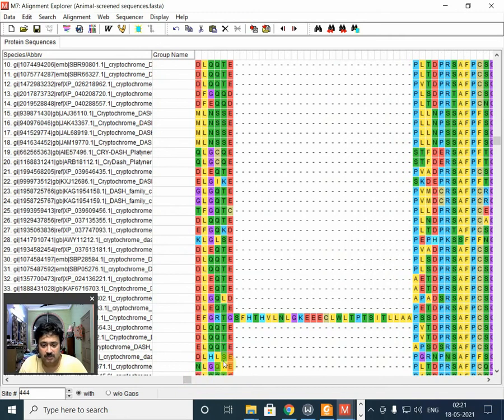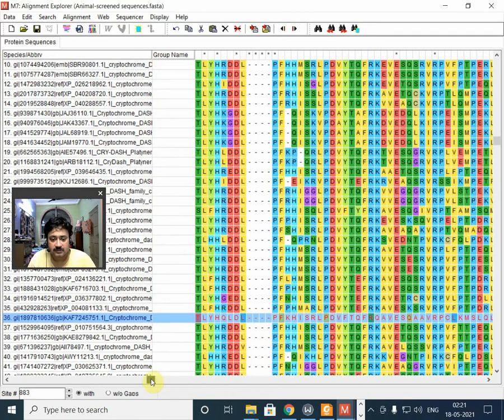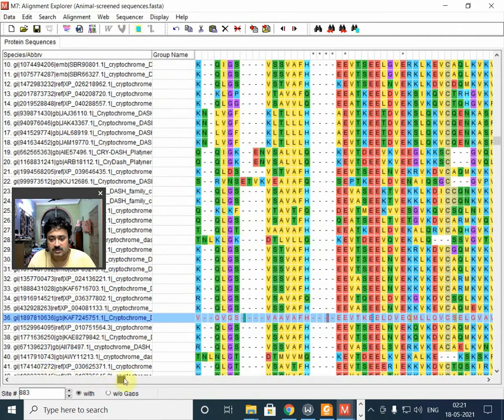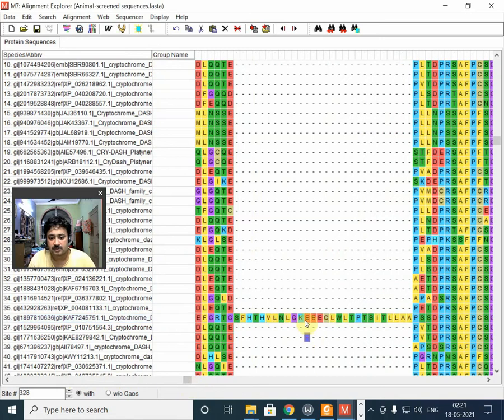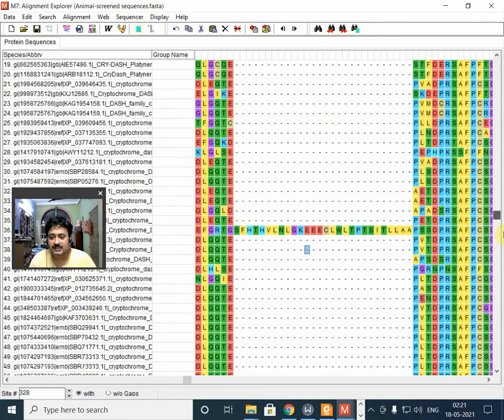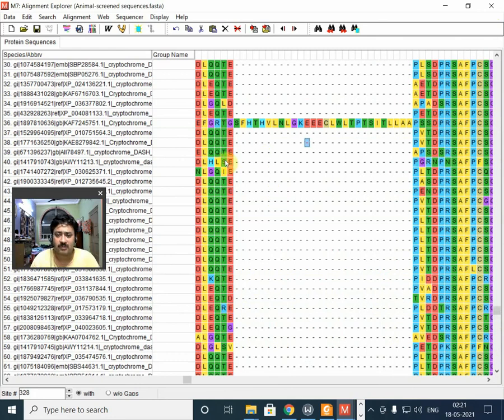Okay, this one is number 36. If I go along number 36, the rest of the portions are not creating much issue, but this portion is. Why this doesn't make sense is that if two or three or four different species had a stretch like this, then that's not an issue. But when only one sample has a stretch like this, I cannot guarantee it, but